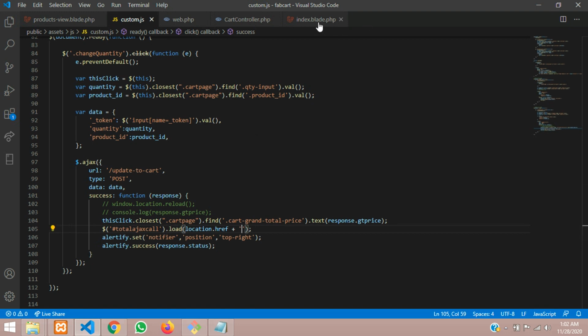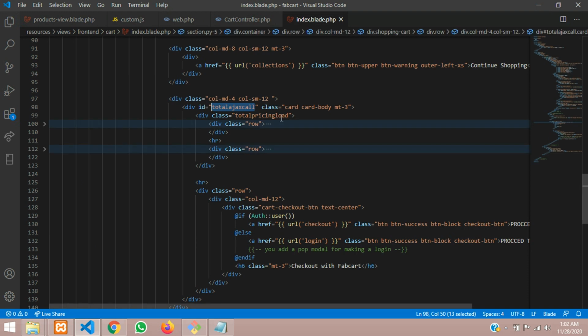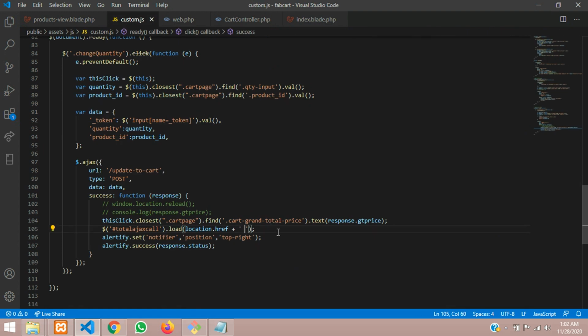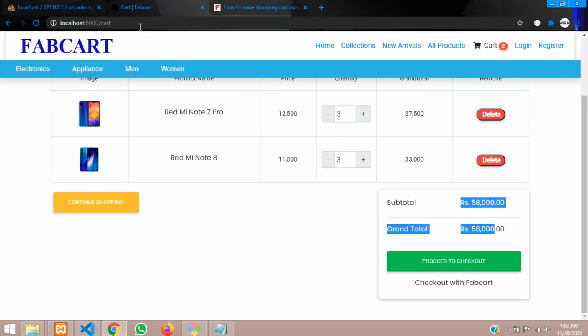So let's go to our here, where is our total pricing load. So let's copy this and again back to give a space. Do not give directly dot class. Okay, just give a space. Make sure you are giving a space. So once space is included, or else your output will be different. Okay, cool. So let's save this and let's load the page and check the data, right?